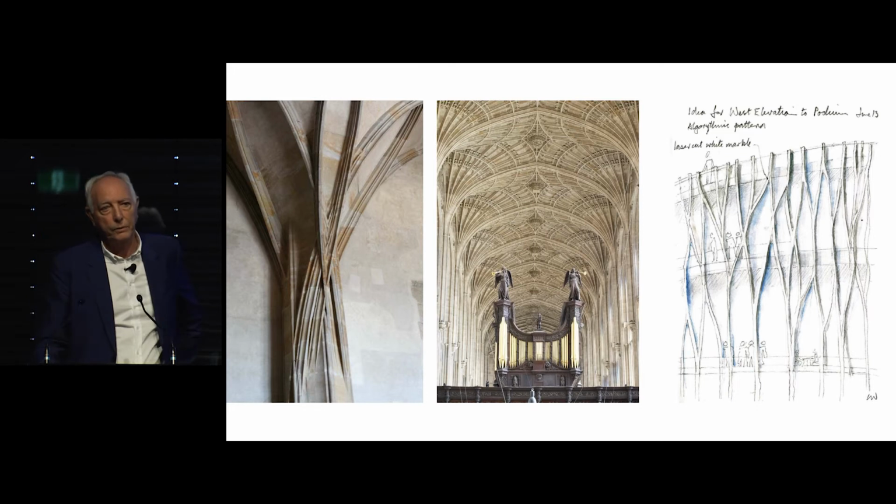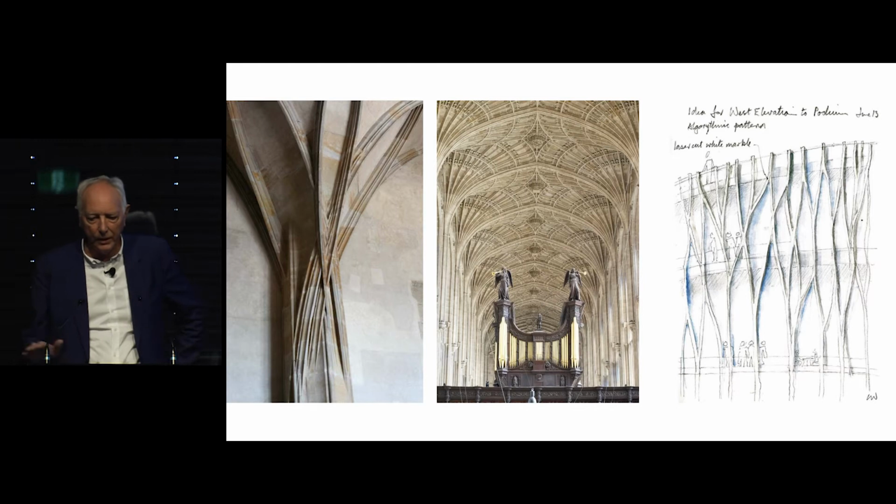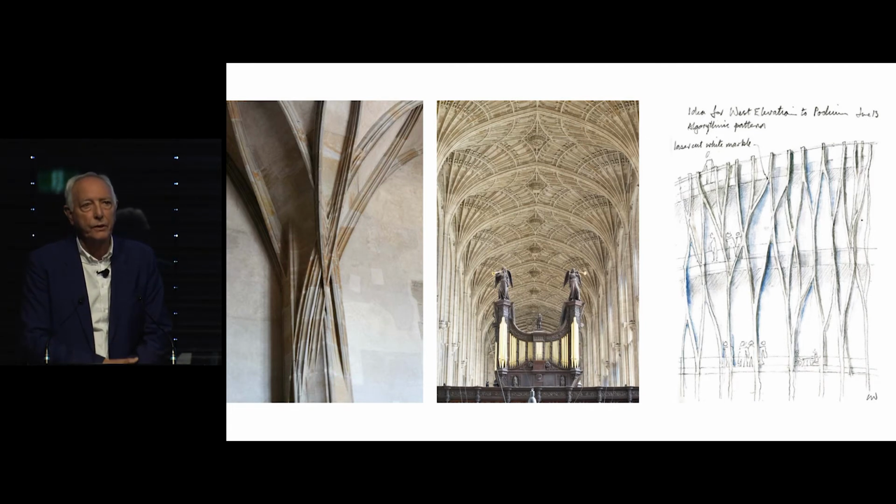And after the competition, I should say that it was a risk I took to discuss, rather than go through the building in its normal architectural way, I talked very much about the narrative and how we'd arrived at the design. And afterwards, the client was unhappy with the appearance of the podium. And I thought about it and sent him this sketch with a couple of images of sculptural Gothic stonework, and he suggested that it might be in marble, and surprisingly the client really liked it,